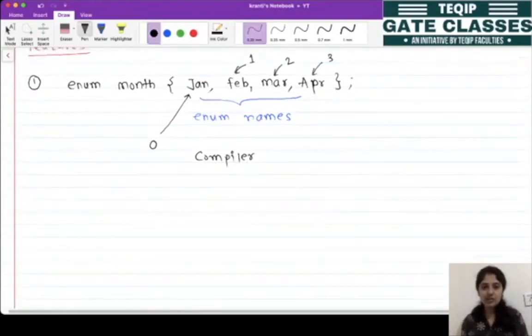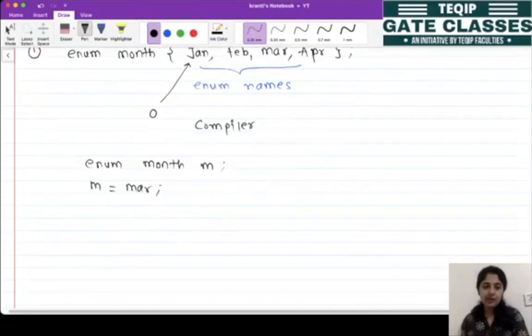So let's see, we have declared one variable of type enum month. So let's say my enum variable is m. Now in this m, let's say I have assigned March. Okay, and let me add this printf statement. As these are integer values, we can use %d and m.